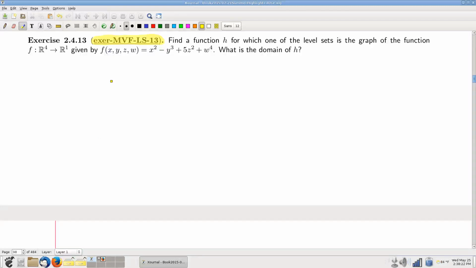Right, so this one's all about lingo. There's this function h that we're interested in, and there's this function f that we're given. These are two different functions, and they have something in common with each other, but they're not the same function, right? And they're connected by way of the fact that they both relate to some